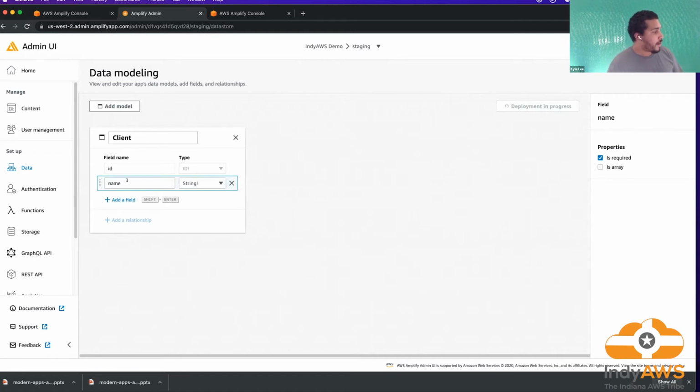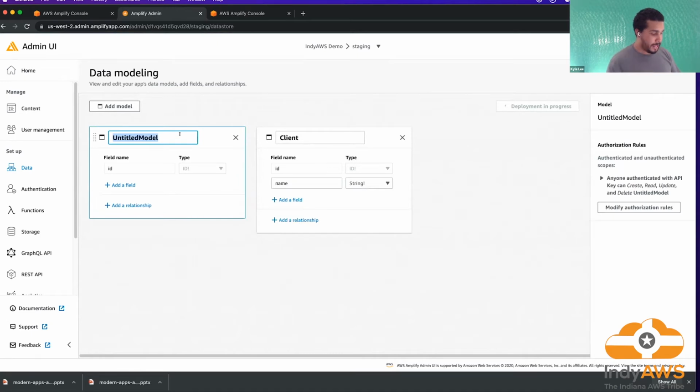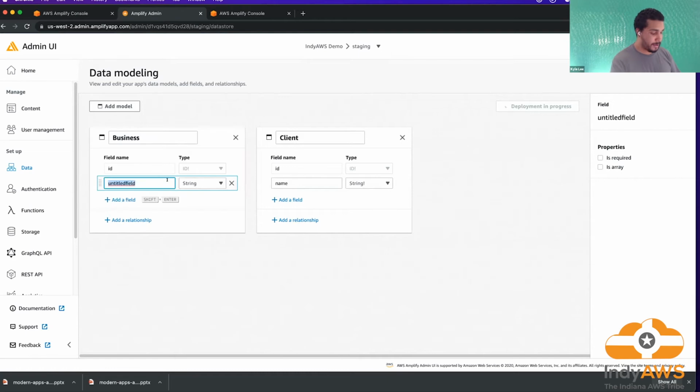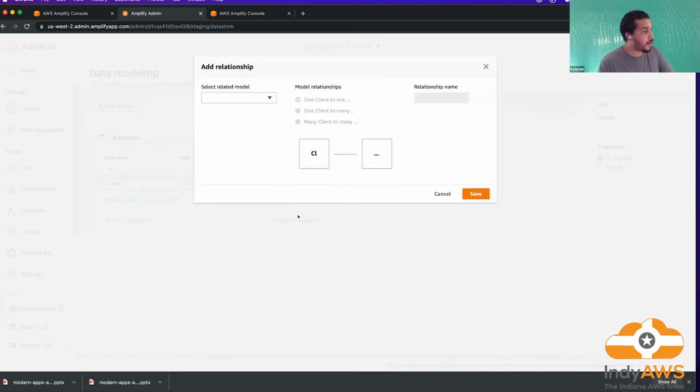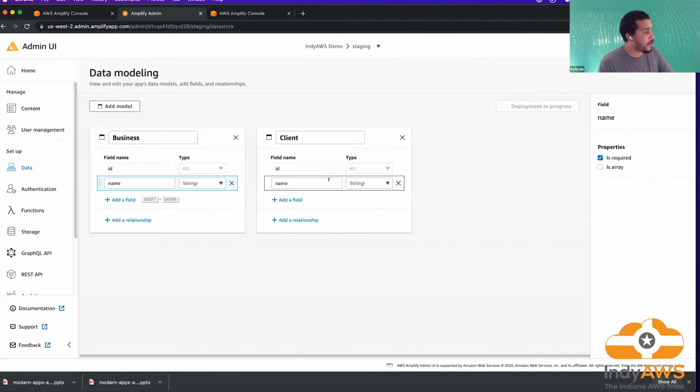So we can also add relationships to other models. Like if I had a client and maybe they had a business, and the business also has a name, and that's also going to be required. What we could do is add relationships between these two models. Actually, I would probably say a business would have multiple clients, maybe.